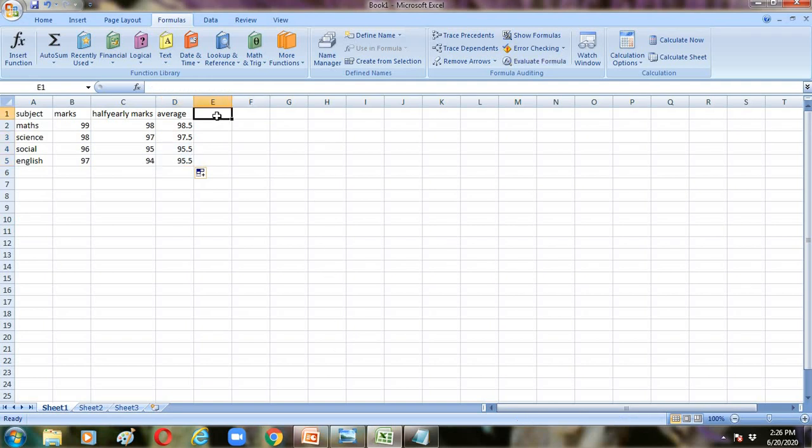Now finding the maximum number. How to find the maximum number or maximum marks. In quarterly you got 99 and half yearly marks are 98. What is the maximum marks? 99. To find the maximum, just select the cell, go to AutoSum, you will have the maximum function,